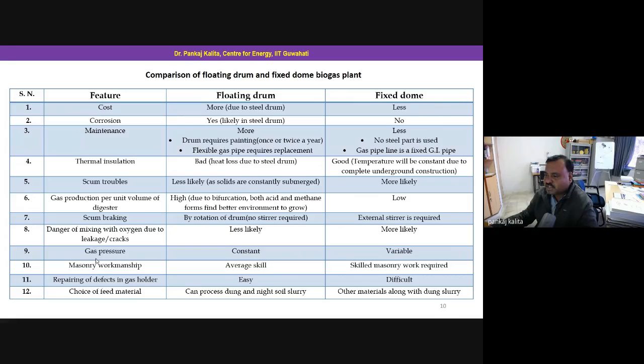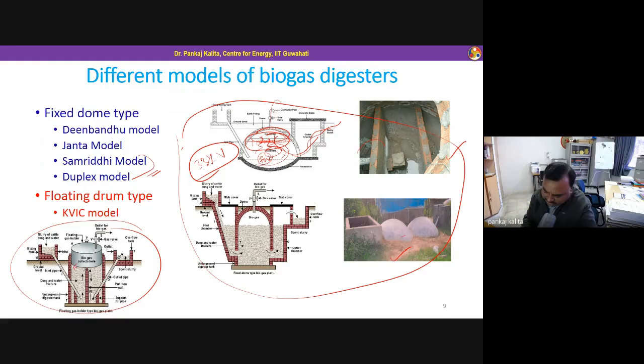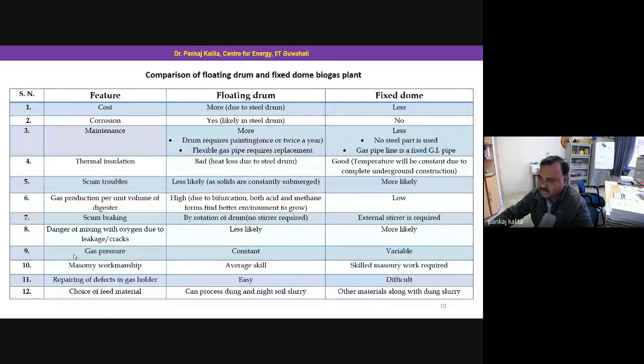Like cost is more in case of floating drum compared to fixed dome type, and corrosion is more because this structure, what I have shown here, this structure is metallic. Okay, this structure is metallic. So as you know, this biogas also produces some kind of sulfur. Then it reacts with the oxygen present and the moisture present there. Then it produces sulfur dioxide, which is corrosive to these metal surfaces. So corrosion is more in case of floating drum type biogas plant compared to fixed dome,